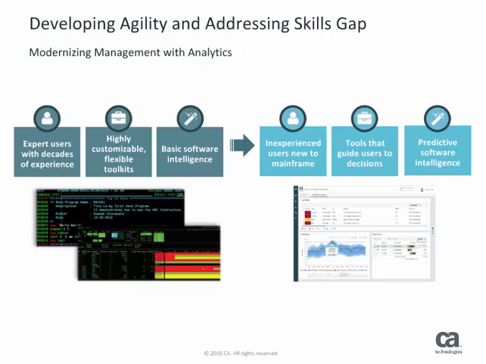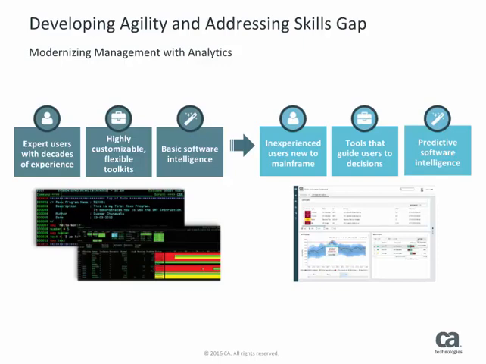To address these challenges, CA Technologies is rethinking the experience we deliver to our customers. The core of this new experience is intelligence through advanced analytics. Whereas for decades, CA Technologies and other vendors have been providing highly customizable toolkits that rely on expert users to program in unique ways, our customers are now looking for us to deliver expert systems that learn their environment, detect problems early, and even predict problems before they occur, increasingly drive automation and improved policy, and guide non-expert users to the right information and actions in real time.